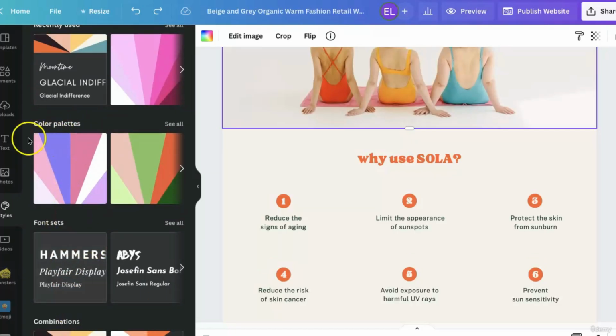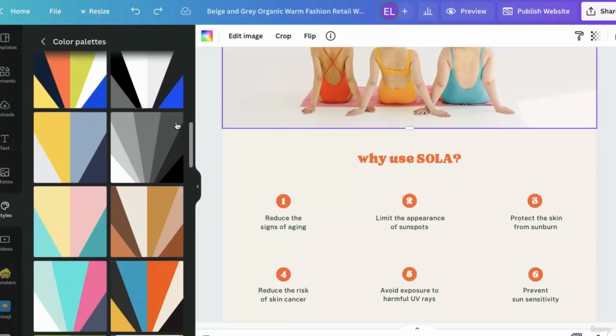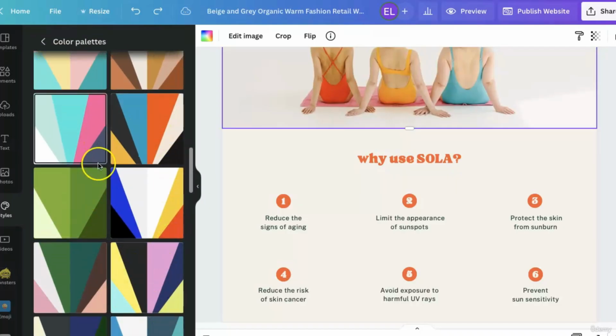but it will also give you color palette options and font sets and combinations. So maybe you're not sure about your color. You can check out these pre-done color palettes. Click on See All to see more options. The cool thing is that you can actually cycle through these. So let's say we like this one,